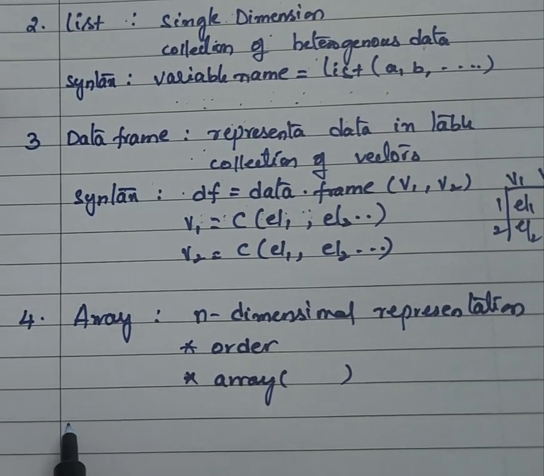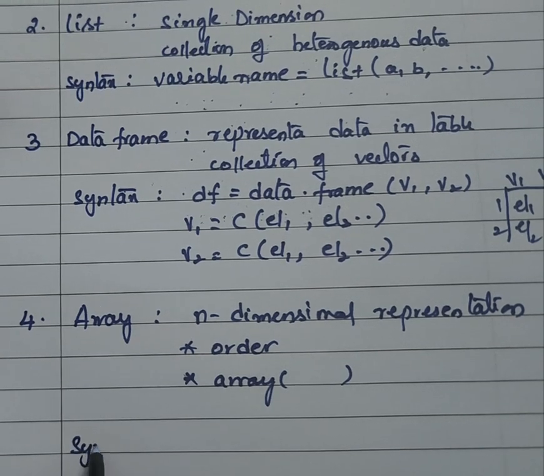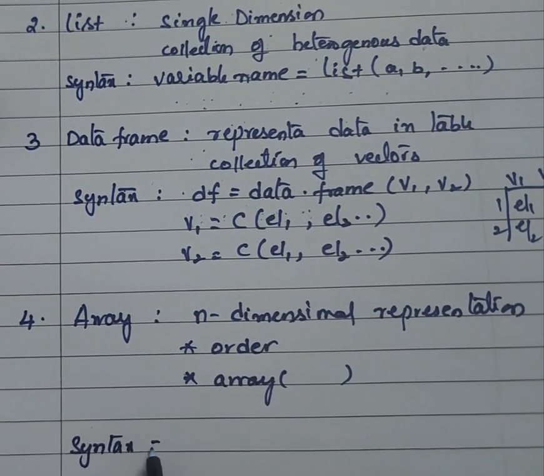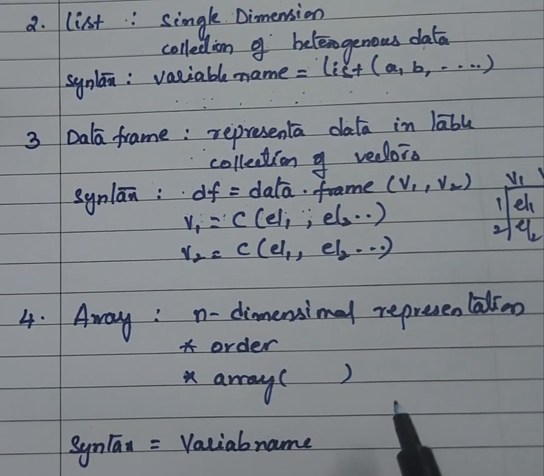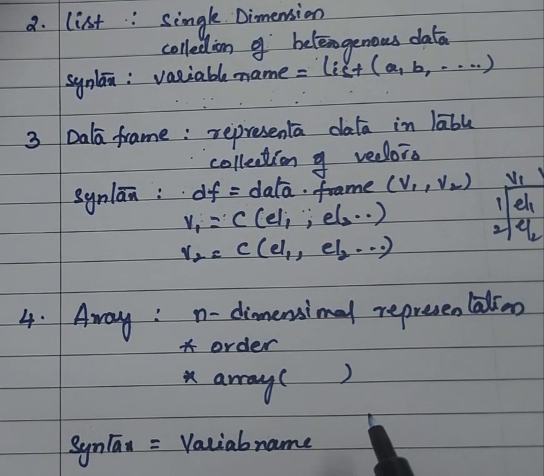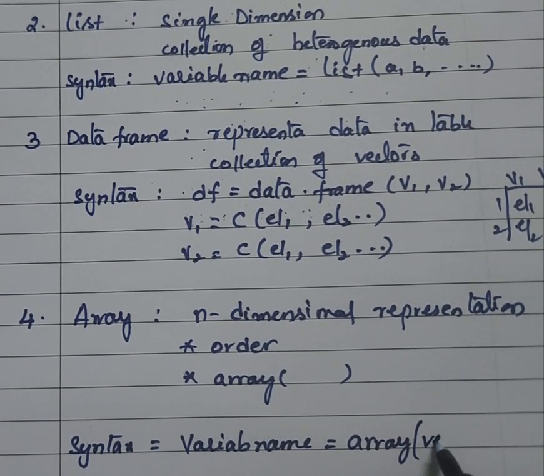So the syntax for this array is variable name equal to array, vector,